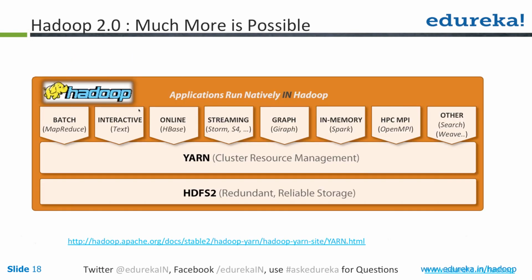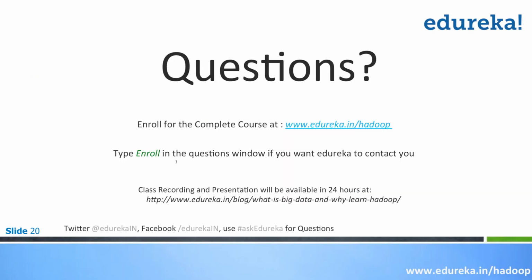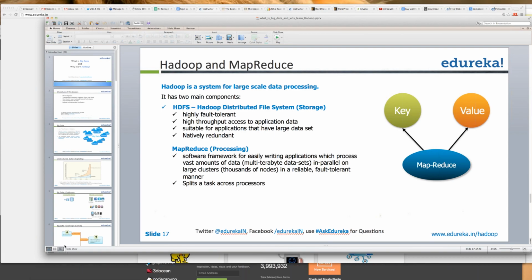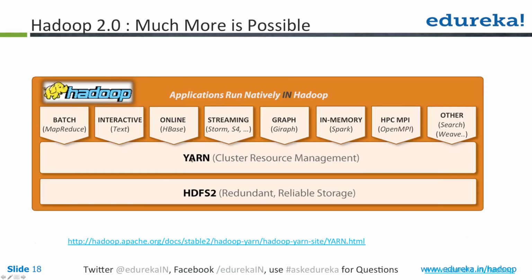Now coming to Hadoop 2.0, where I've not talked about YARN yet: what kind of processing and applications can you do? In Hadoop 1.0, the earlier diagram I showed you had only MapReduce. There was a question right at the beginning: can I do real-time processing using Hadoop? With Hadoop 1.0, that was not possible. With Hadoop 2.0, you have something called YARN, an acronym for Yet Another Resource Negotiator,